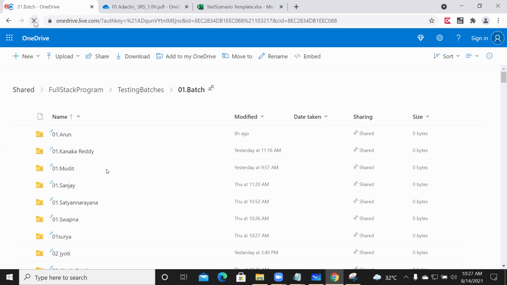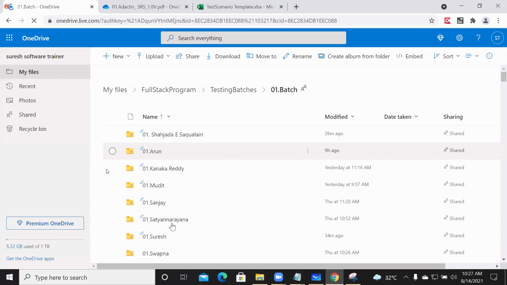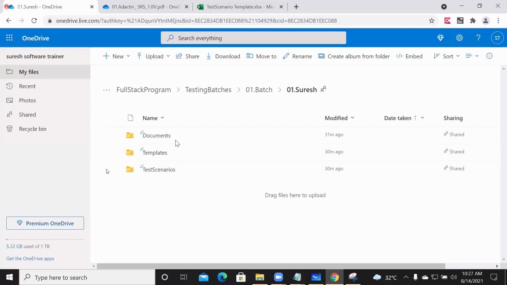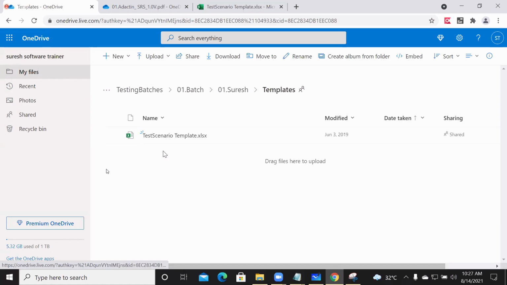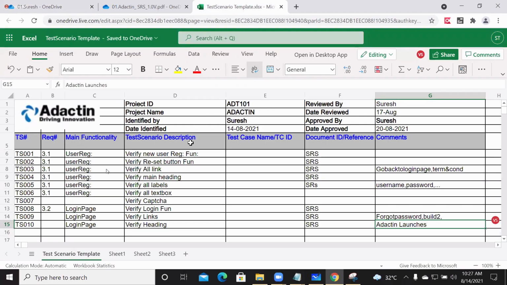You will be able to see my folder. Just open the folder. Refer to documents for the requirement document. Refer to template for the scenario template. You can download this template from my folder, and then start documenting all the scenarios here.